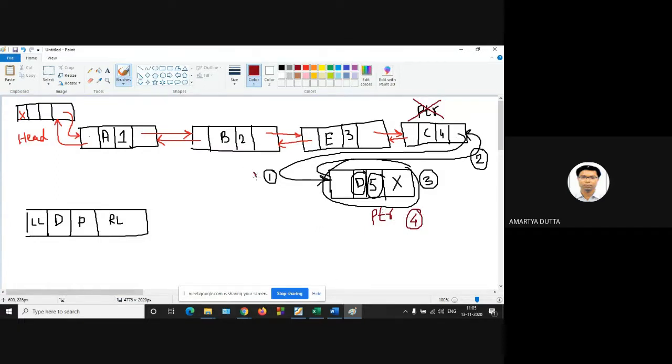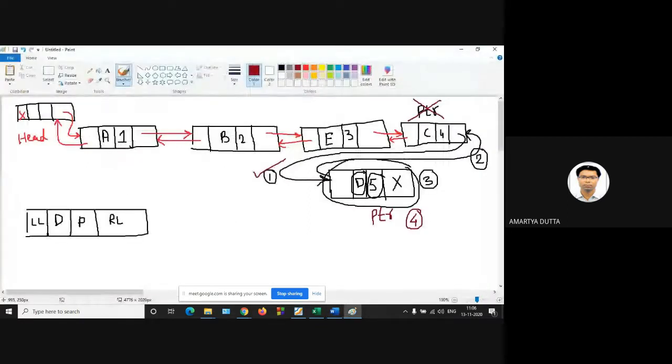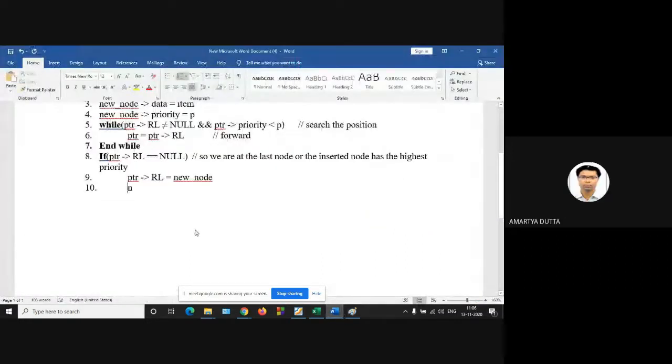So for the first operation, we have to write PTR's next, that is PTR's right link is equal to new node. For the second operation, your new node's left link is equal to PTR.